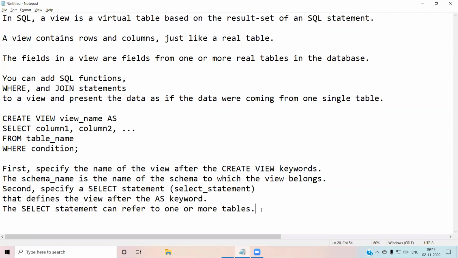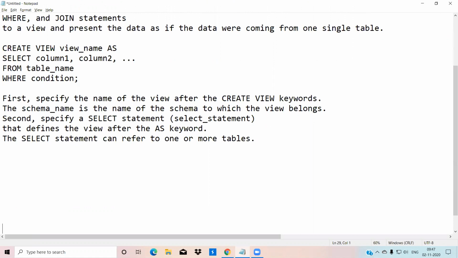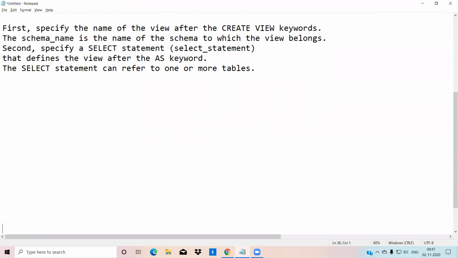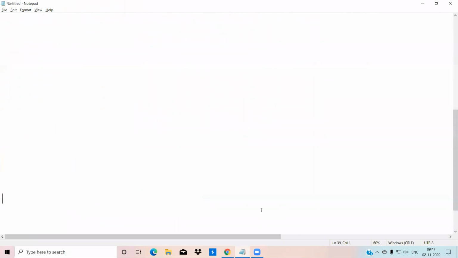Say, for example, what you're going to do here is create a table, and you should not disturb that main table.